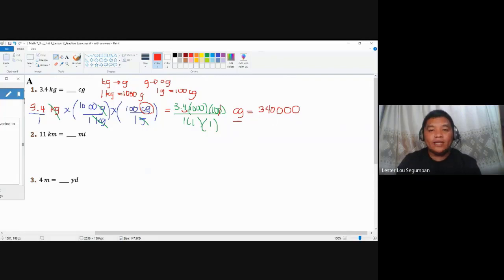By moving one decimal here, we could remove 1 zero as a process of equivalence. All over 1 times 1 times 1, or simply 1, and unit is centigrams. So the final answer is that for 3.4 kilograms, we have 340,000